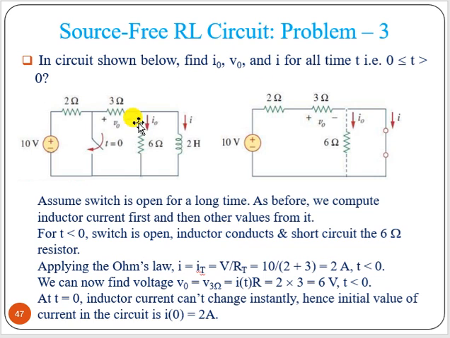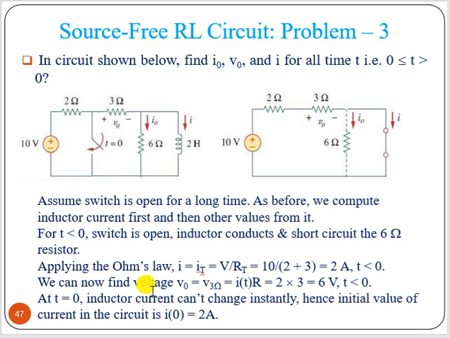So you have to find out this I0, V0 here and I here, through the inductor at t greater than 0. So the switch is open for a long time. So what happens? That time this inductor is shorted, right? And this resistance becomes short circuit, because this is in parallel with that, okay. So what we can write, according to Ohm's law, this current I is nothing but V divided by the total resistance here 5, that is 2 ampere.